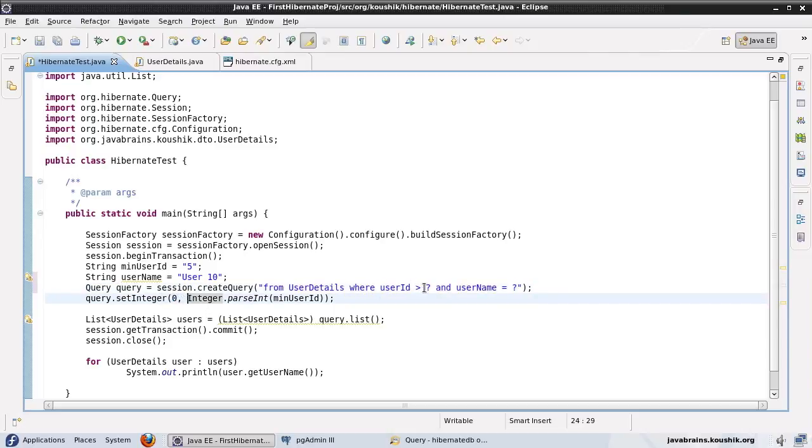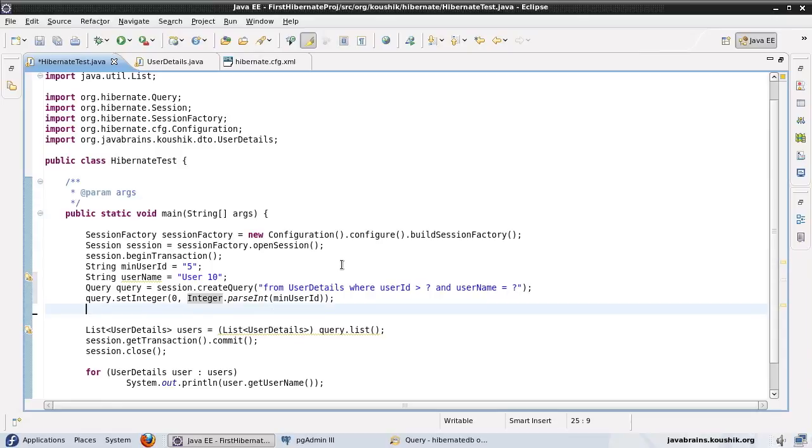0 is the first question mark. So it starts looking from the left and it sees the first question mark, that's 0. And now the second question mark is 1. So if I need to set this, the first parameter here has to be 1, and then the second parameter has to be the value, of course. So what I'll do here is I'll again do a query